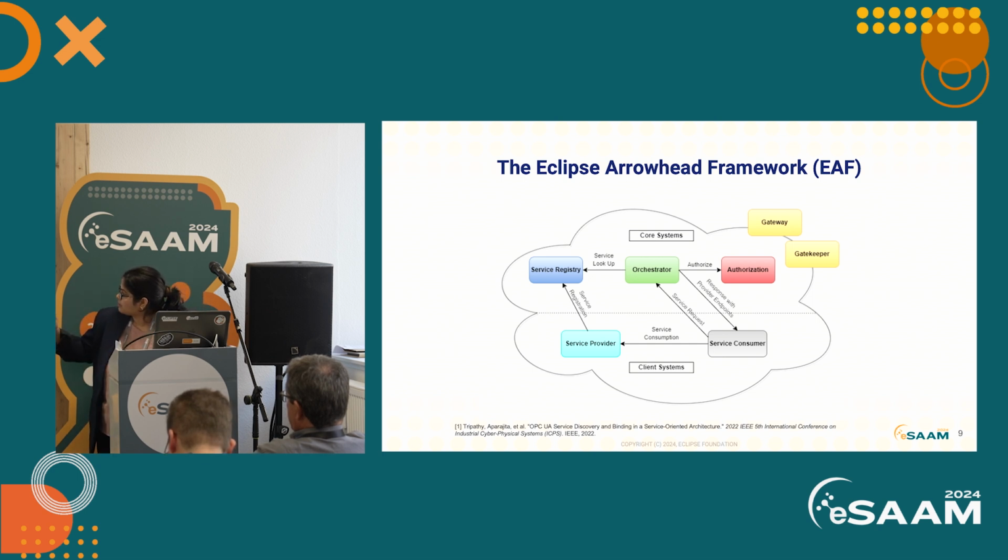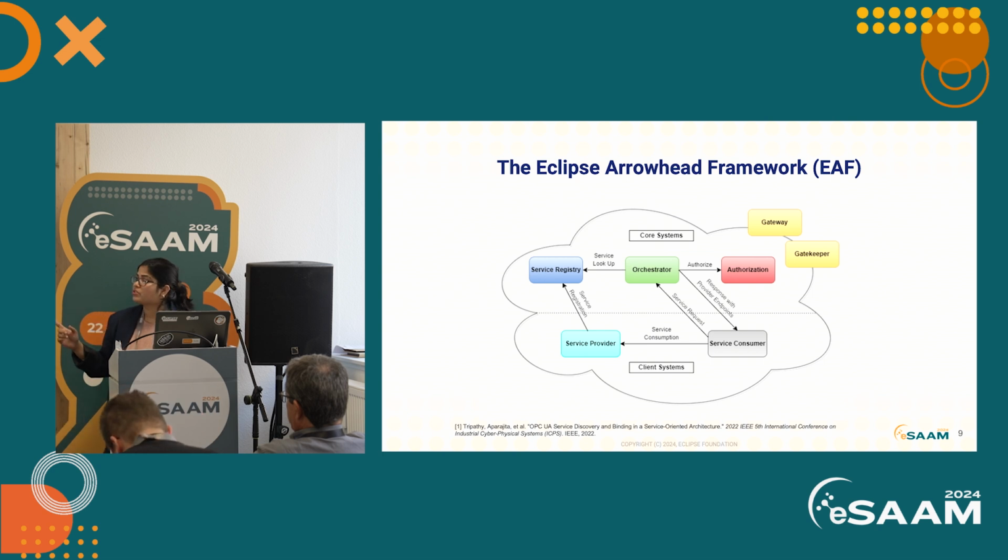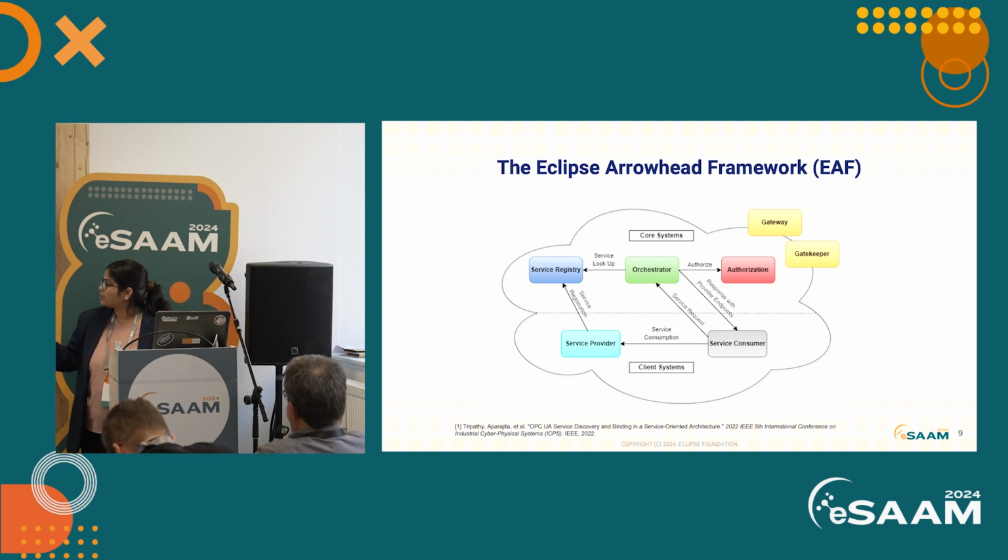So the process is basically the service consumer will ask the orchestrator for a particular service address, and the orchestrator will look into the service registry to see whether the service is currently available or not. If it is available, it's going to check in the authorization system whether the particular consumer is authorized to consume that particular service from the provider. If the flags are yes, it gets the endpoint from the orchestrator, and it can directly form a channel to